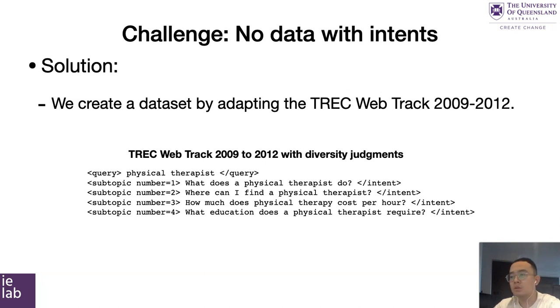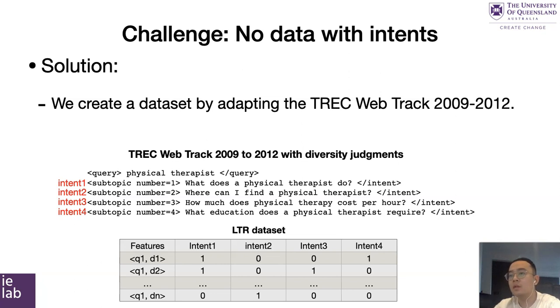Specifically, there is a document diversity task in this collection, in which the relevance label of each document has been judged according to different subtopics. As an example, here I put one query with its different subtopics in this collection. It is important to note that each subtopic of the same query will have a different set of relevant documents. So with this collection, we can create a dataset with 4 different user intent labels by simply treating the subtopics as different user intents. So now we have a dataset that contains queries and documents with relevance judgments according to different user intents.